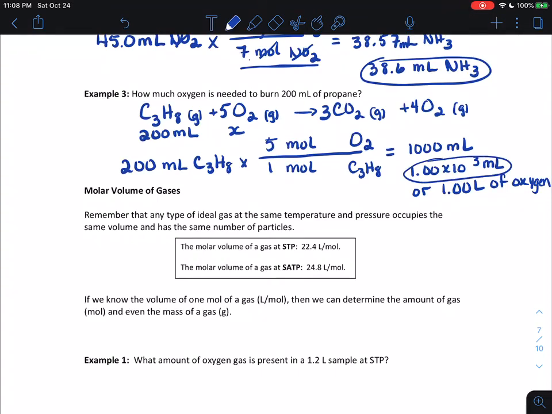so that's how to do the law of combining volumes. You've basically been introduced to stoichiometry, which is particularly important. And remember that with this, you are given information for one substance and you're being asked to find information about the other. It's got to be in relationship to a balanced equation. So your first step is always to write down a balanced